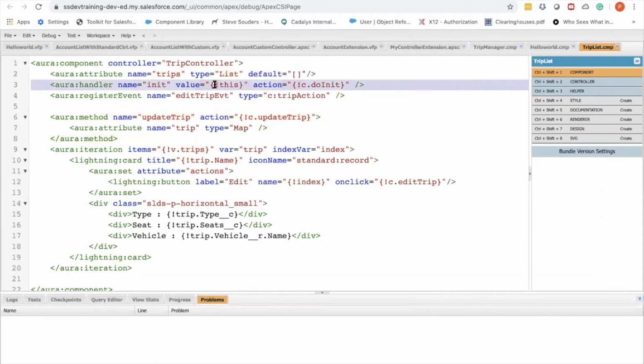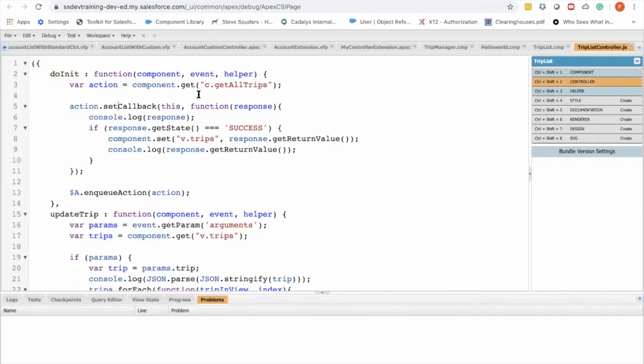I also told you that in a class we have a constructor, right? Similarly, for a component we have a doInit handler, which gets called every time the component gets loaded. So when the trip list component is created, Aura calls a method called doInit.